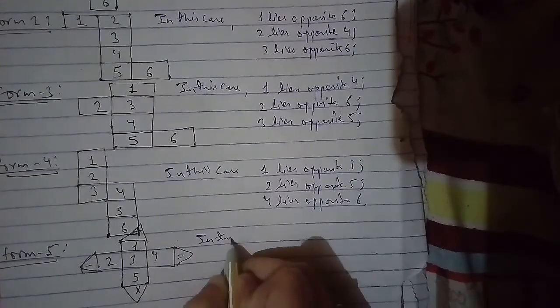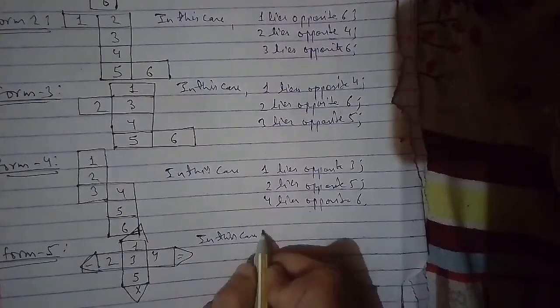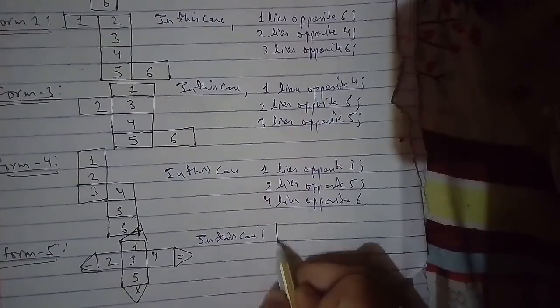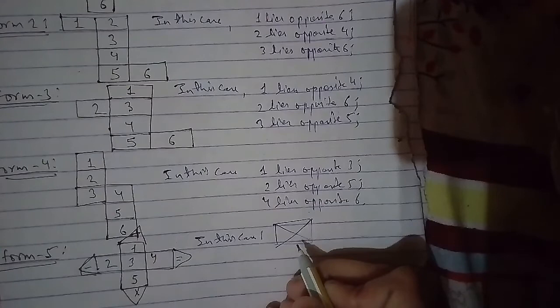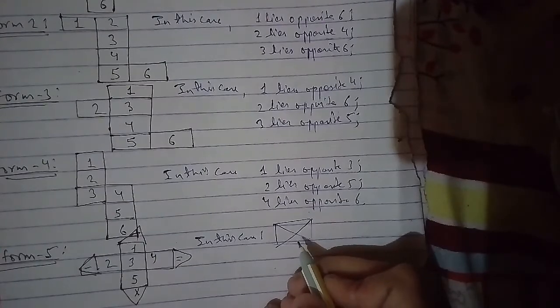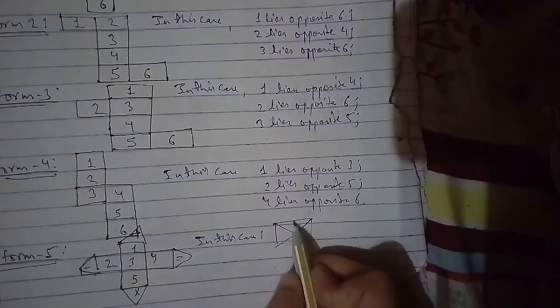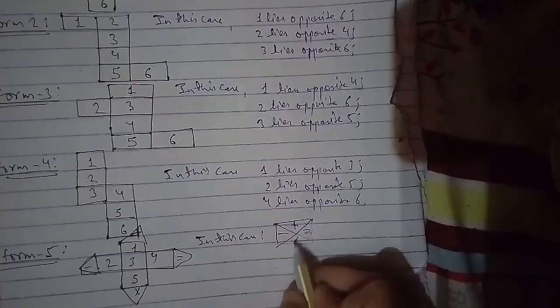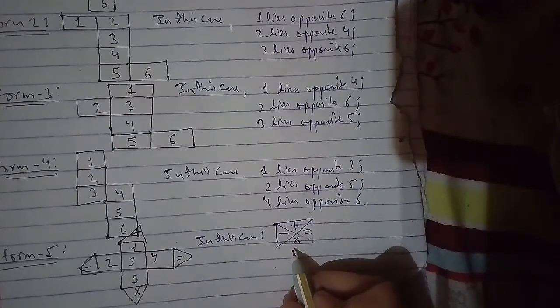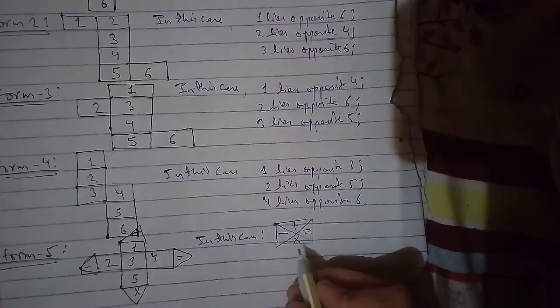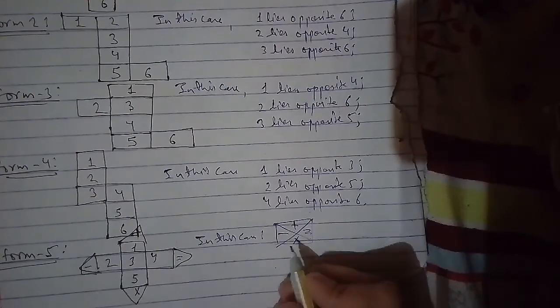That will be one of the faces of the cube here, and that lies opposite 3. So that second lies opposite 4 and 1 lies opposite 5, and what it said is that this will